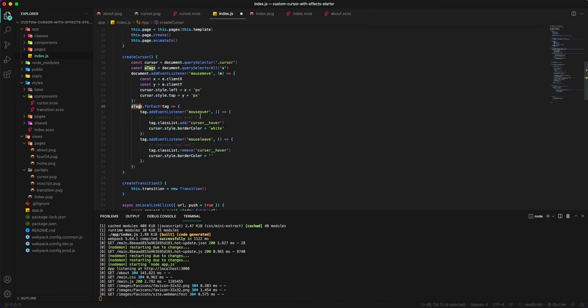When I hover my mouse over them, I want to add a classList called cursor__hover, and I'll explain what that is. And I'm also gonna change the border color for my circle. And when I leave that tag, when my mouse leaves that element,